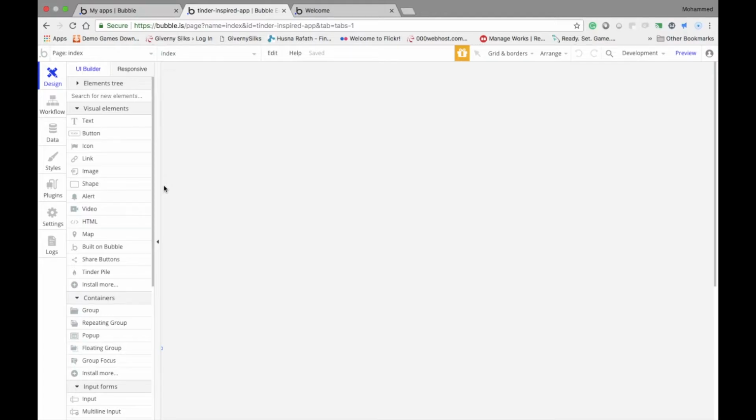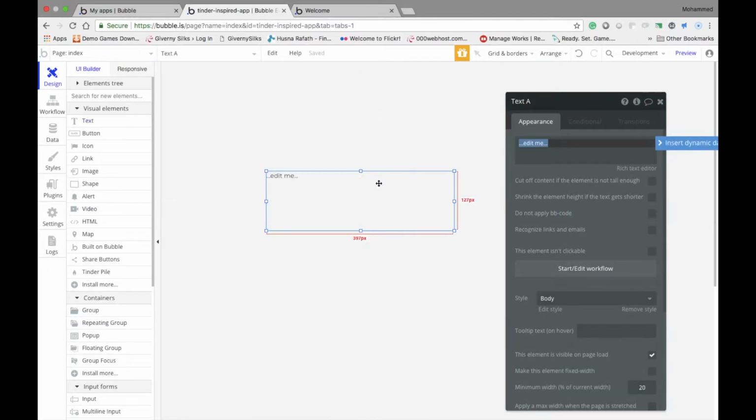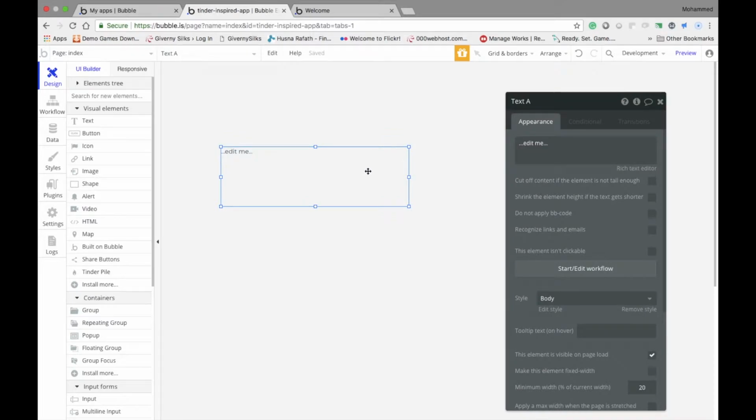But I'll tell you guys how the filters work on Bubble and how you can add items from the back end. Okay, so the first thing is for the decoration. I'm not gonna decorate my page or anything. I'm just gonna focus on the most important thing, and then you can actually go ahead and play with the design. I'm only gonna focus on the technical aspect for this video. I know it's not the best way, but yeah, so first thing I'm gonna do is I'm gonna say categories